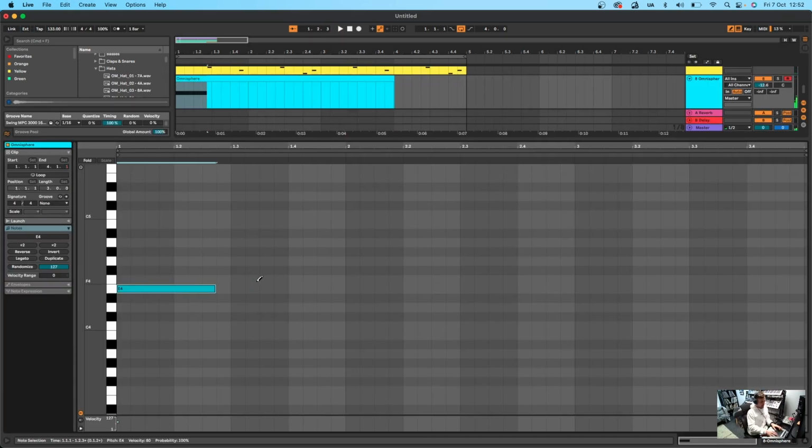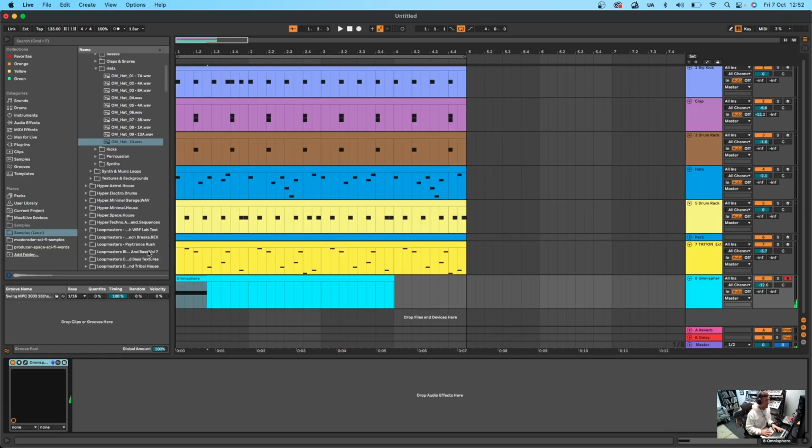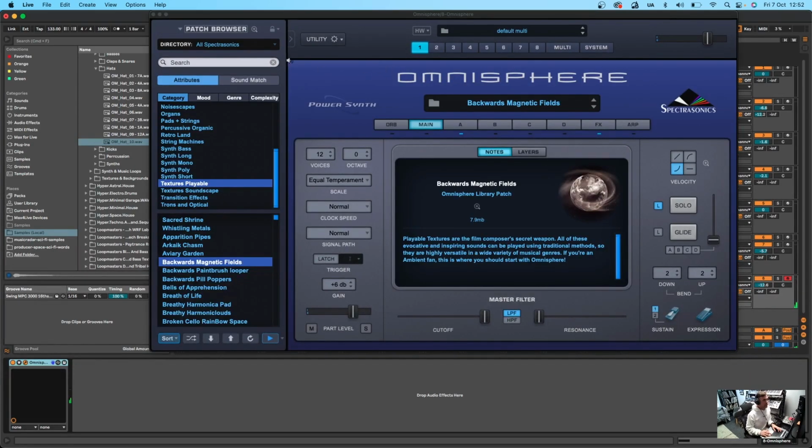So I'm just getting a note in there, and then I can flick through and find something that fits. Not too sold on that one in terms of the Perlon style. It sounds great, but